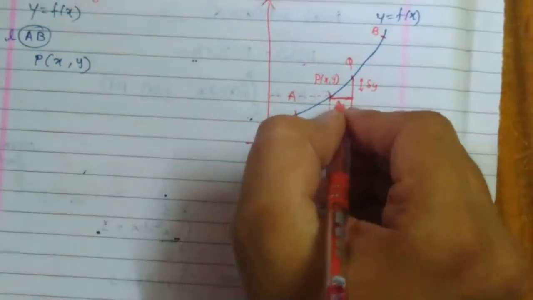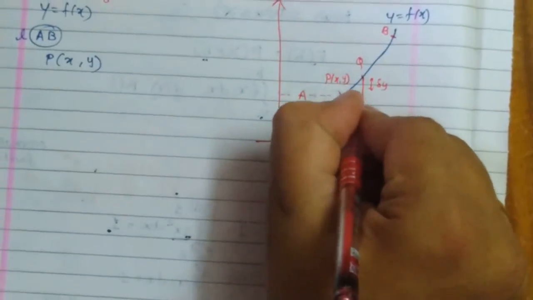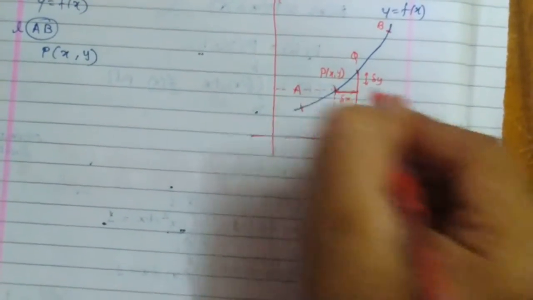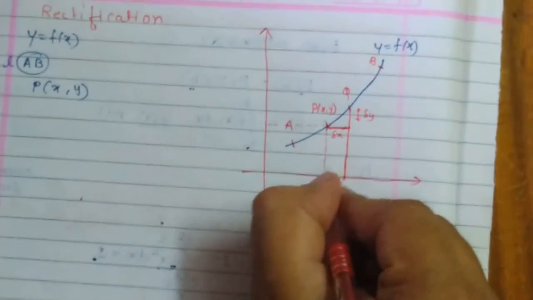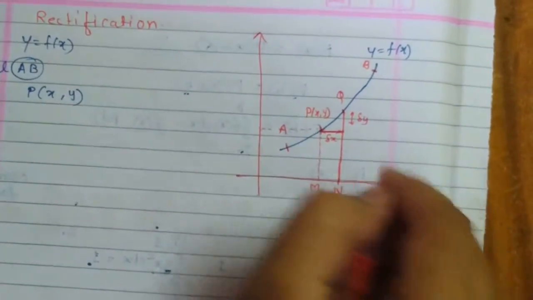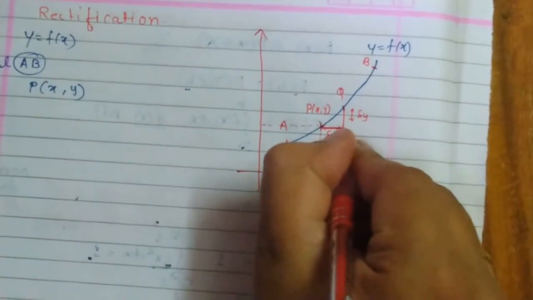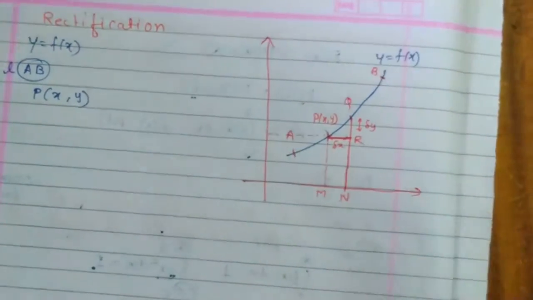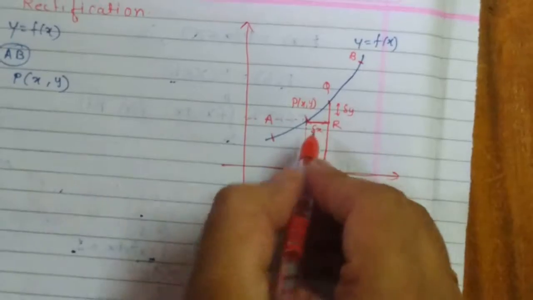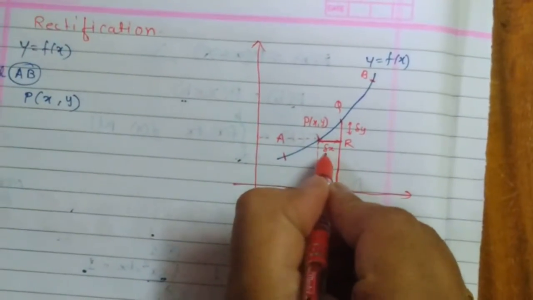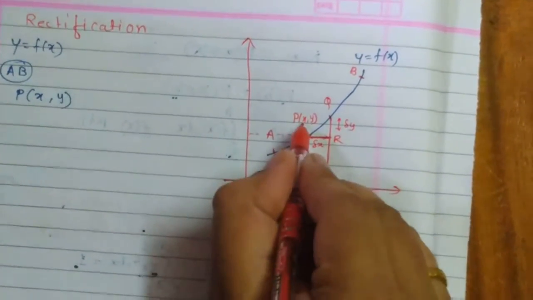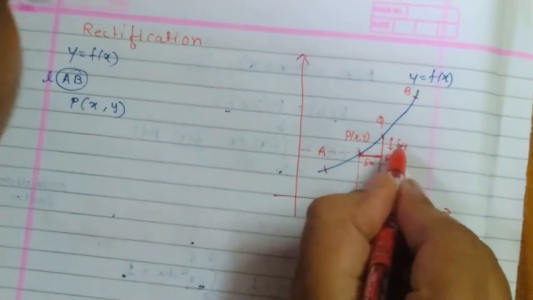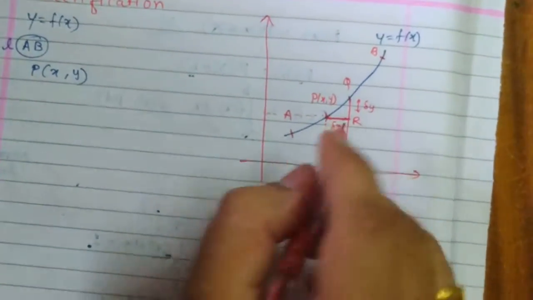Okay, now at the same time what I am doing is I am going to plot one perpendicular from the point P to the line, say okay, this would be my M and this would be my N, and this perpendicular I am going to draw, so I'll just take this as say R. Okay, so the distance between P and R is a delta x, that is change in my x coordinate. The distance between Q and R is my delta y, that is change in the y coordinate.